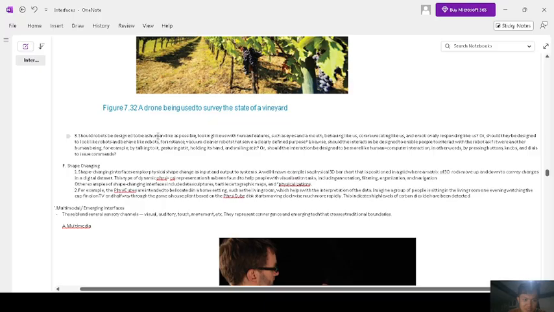So should robots be designed to be as human-like as possible, looking like us with human features such as eyes and mouth, behaving like us, communicating like us, emotionally responding like us, or should they be designed to look like robots and behave like robots, for instance, a vacuum cleaner, right? Likewise, should the interaction be designed to enable people to interact with robots as if they were another human being, for example, talking to it, gesturing to it, holding its hand, and smiling at it, or should the interaction be designed to be more like human-computer interaction, in other words, pressing buttons, knobs, and dials